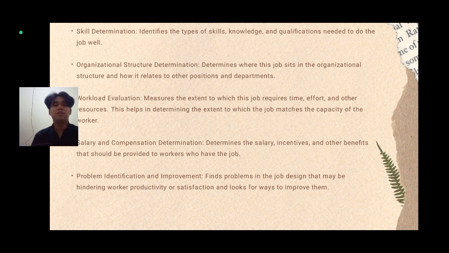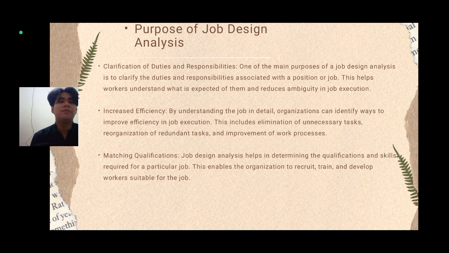And then problem identification and improvement. Find problems in the job design that may be hindering worker productivity or satisfaction, and look for ways to improve them. And then the purpose of job design analysis. The first is clarification